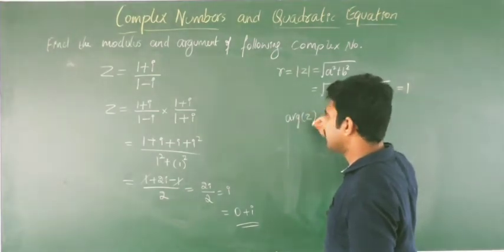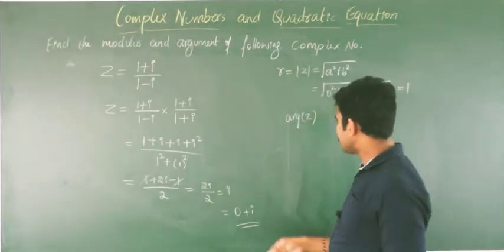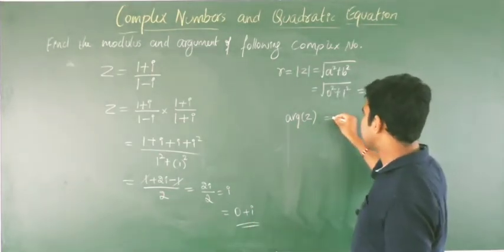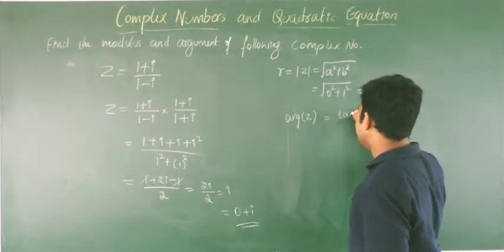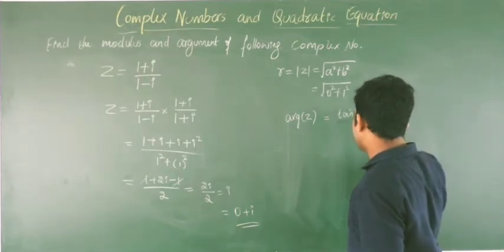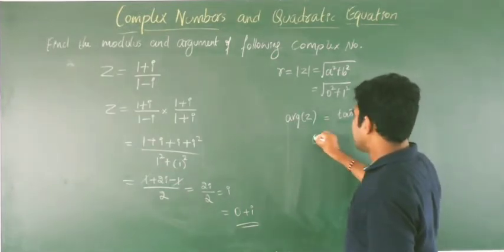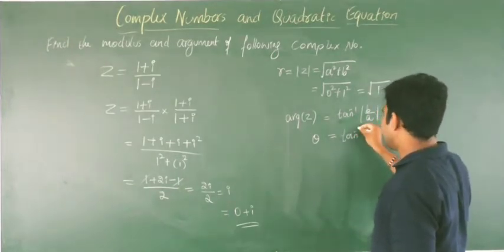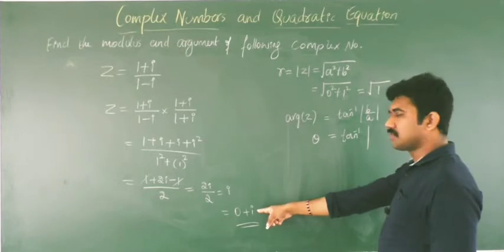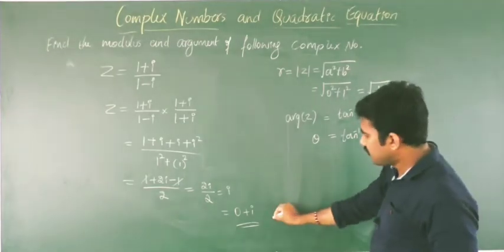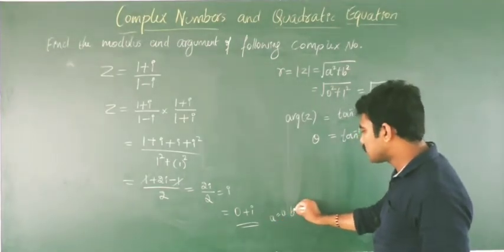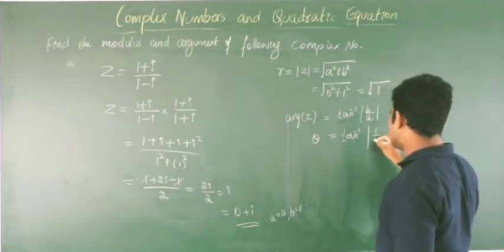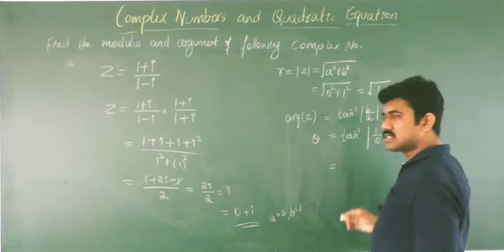And what is the argument of this complex number? Argument of z we need to find. This is z. So it lies in which quadrant? First quadrant. So argument is nothing but tan inverse of b by a value only. So can write now directly theta is tan inverse of b by a. If you want to write here, a is 0 and b is 1, coefficient of I. So 1 by 0, 1 by 0 means it is not defined.